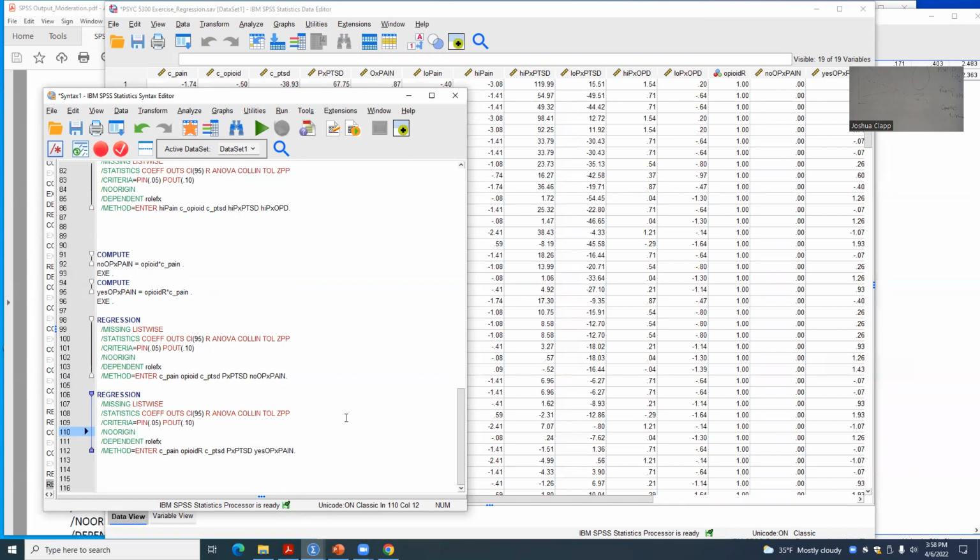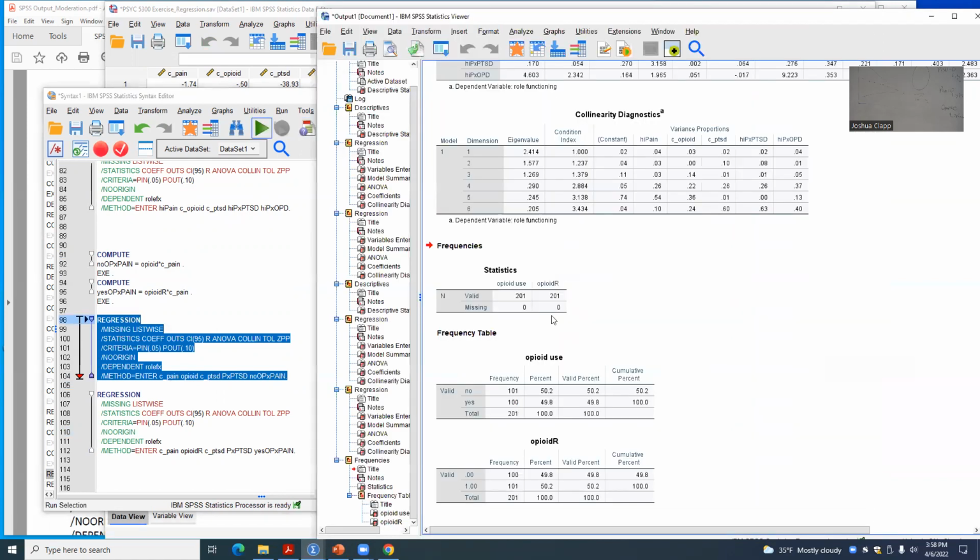So this is what actually happens when working with dichotomous variables. So long as you know what those dummy codes mean, they're actually pretty easy to go through and play around with, because you just recode them so that 0 is equal to no use, or 0 is equal to yes use, whatever you want to do. And we can go through and play around. So if we go through and run our model here,